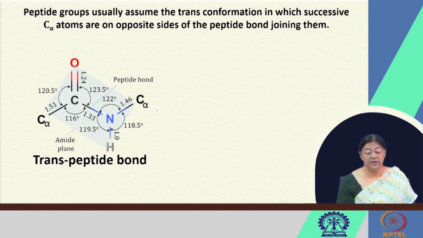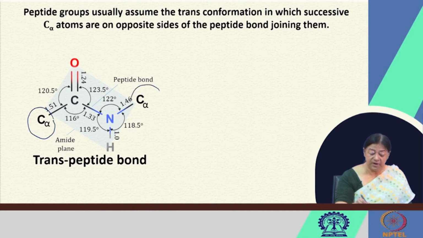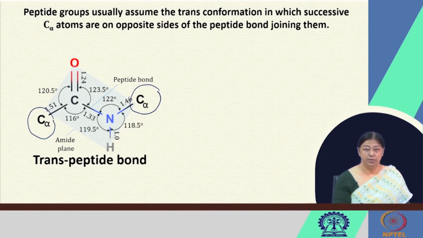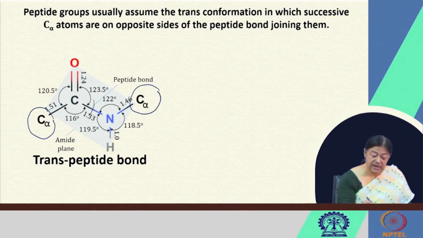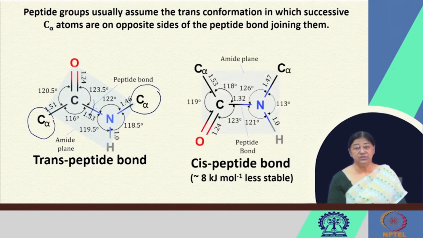successive alpha carbon atoms are on opposite sides of the peptide bond. So, here is our alpha carbon of the previous amino acid, here is the alpha carbon of the subsequent amino acid, and we see them on opposite sides of the peptide bond. But this still has some rotational property possible because of its single and double bond character. The partial double bond formation restricts its rotation, but it also remains partially in a single bond form, which will allow rotation, and if that rotation does occur, we will form what is called a cis peptide